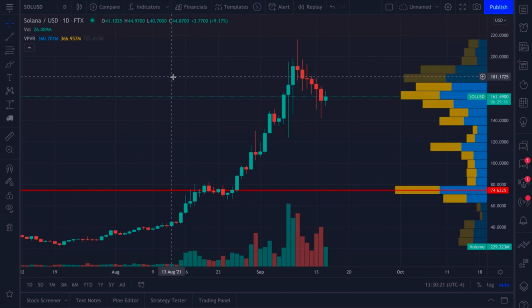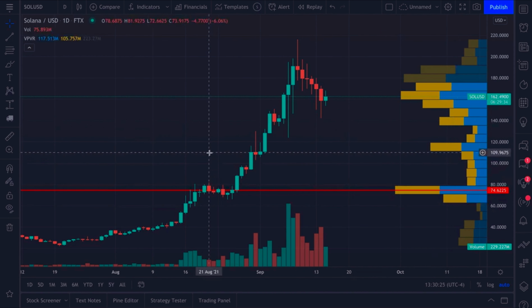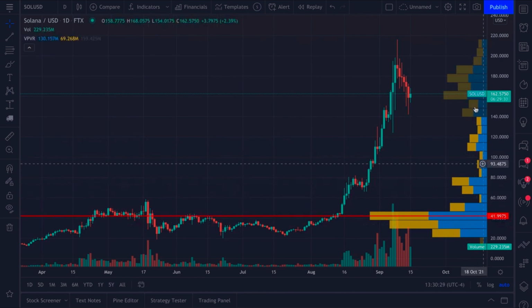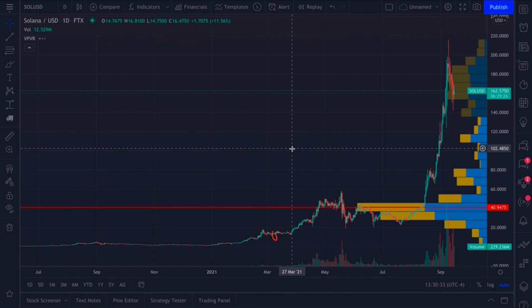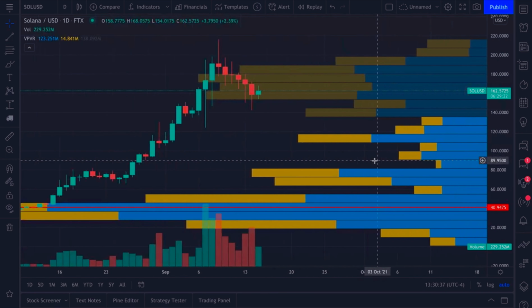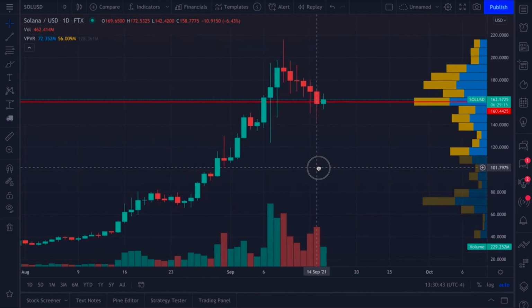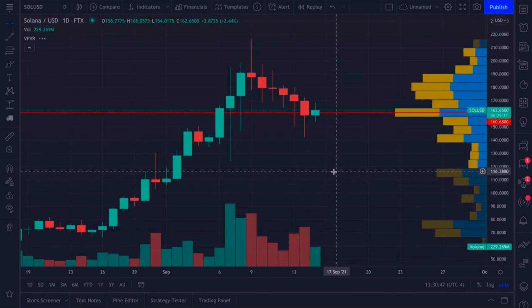Well, we're just going to move our chart around. And as we move it around, watch these volume bars. So first we're going to zoom out. Instantly recalculated. We're going to zoom out some more. Instantly recalculated. Now we're going to zoom in. Instantly recalculated. So as you can see, the visible range volume profile recalculates with you depending on the chart you're